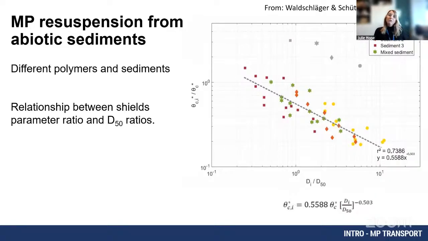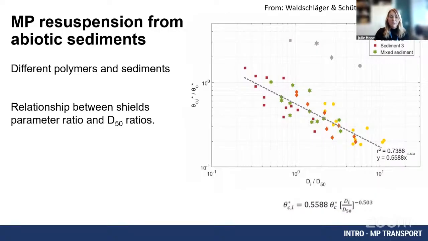Okay, so what do we know about plastic transport already? So the resuspension dynamics of different plastic polymers was investigated a few years ago by Waldschlager and Schuttrumpf. And what they developed was this relationship between the ratio of the Shields parameter of the plastic and the sediment bed, and that against the diameter of the plastic and the sediment bed as well. And they did this for a variety of different sediment grain sizes and a variety of different plastic polymer types and sizes. And they generated this equation at the bottom,